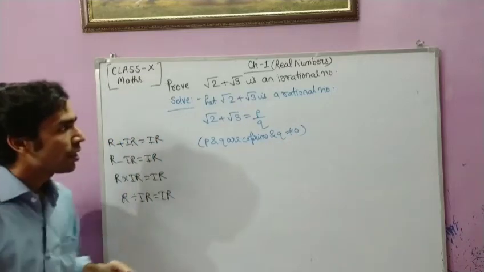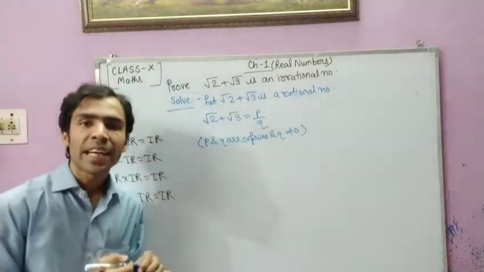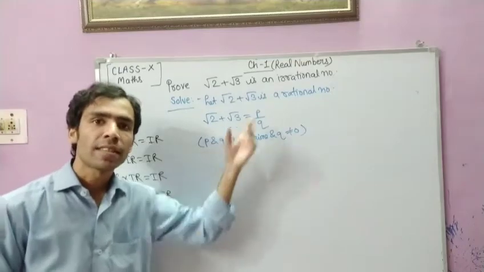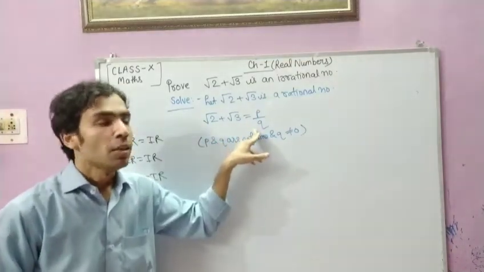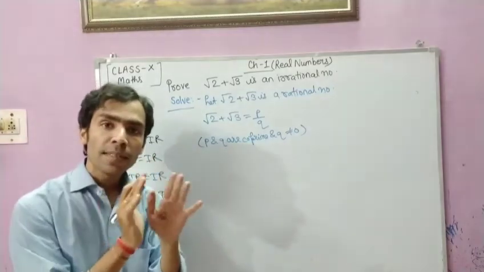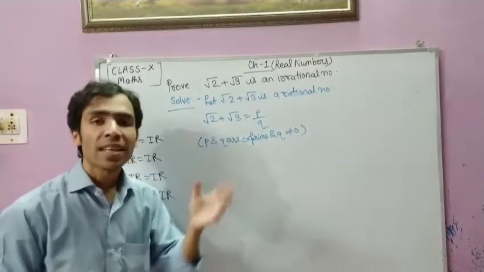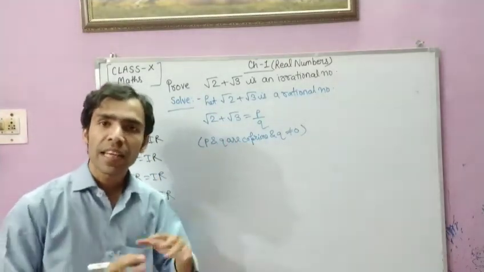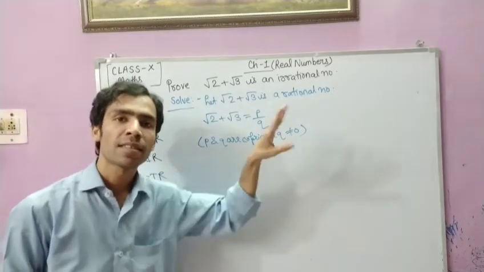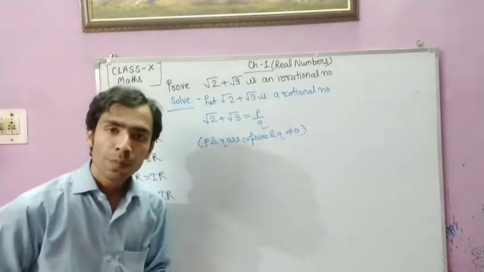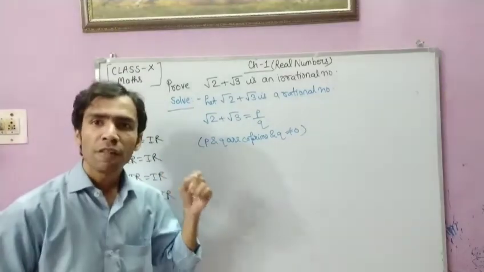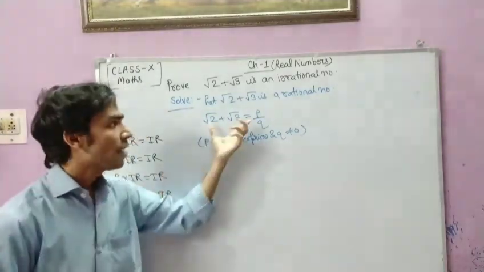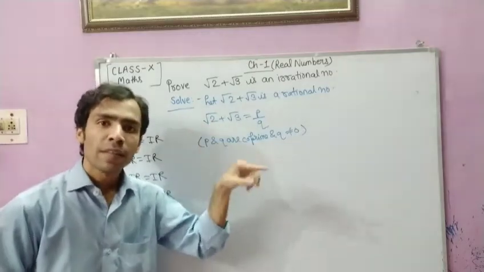Now see, in this case student, we cannot transfer any number to the different side because both are irrational. Whenever two numbers are both irrational, in that case we cannot transfer any number to the other side. So now what we will do? In this type of question, first we do the squaring of the statement, meaning whatever we have assumed, we will do the square of that statement.